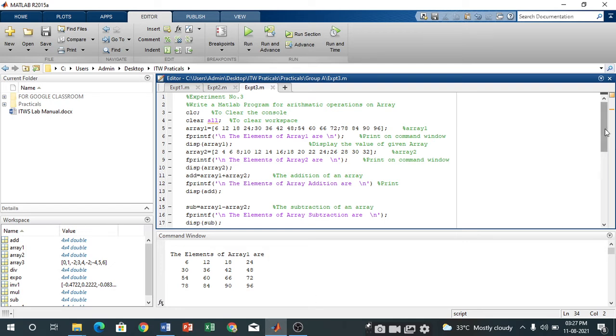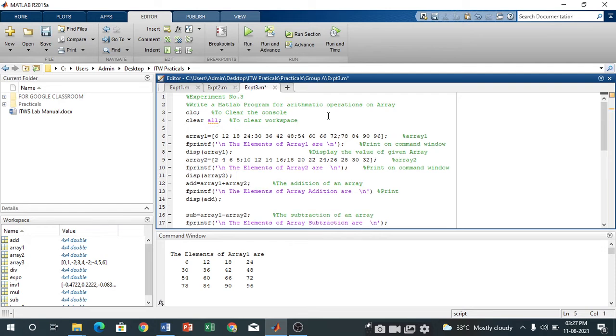Here we have the code for experiment number 3, that is, a MATLAB program for arithmetic operations. As I said in the last lecture also, clc and clear all are your starting commands, which describe the start of your program. clc stands for clear the console, and clear all clears all the variables available in the workspace.